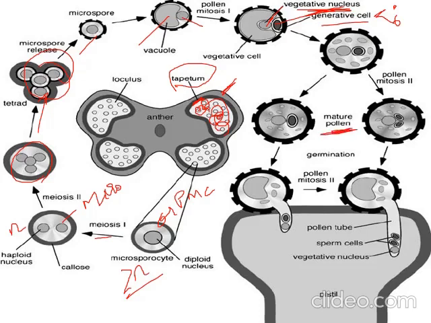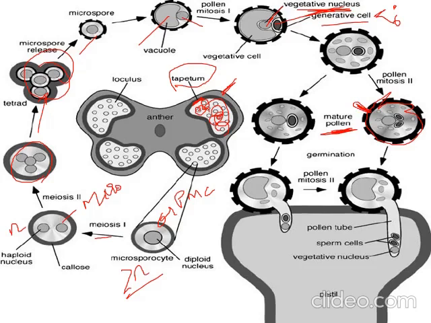This is a mature pollen grain, and you are seeing this wall around it. This wall has an outer layer called the exine, and it has spaces. These spaces are called germ pores, where exine formation does not take place. These will lead to the formation of the germ pore, and those germ pores will lead to the formation of